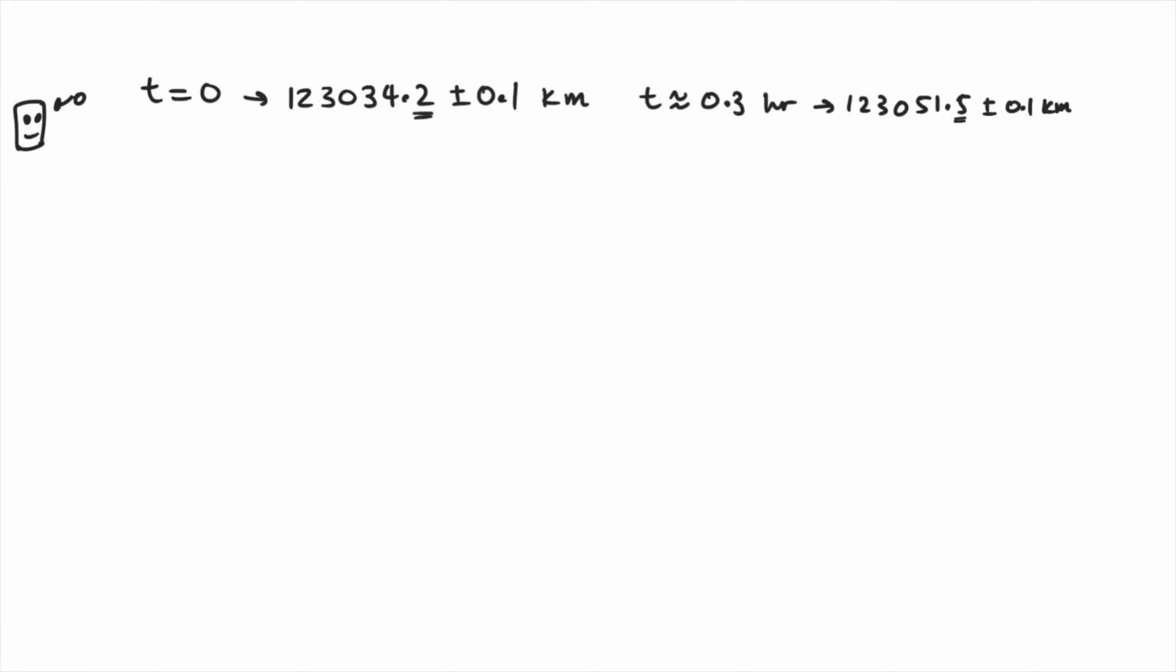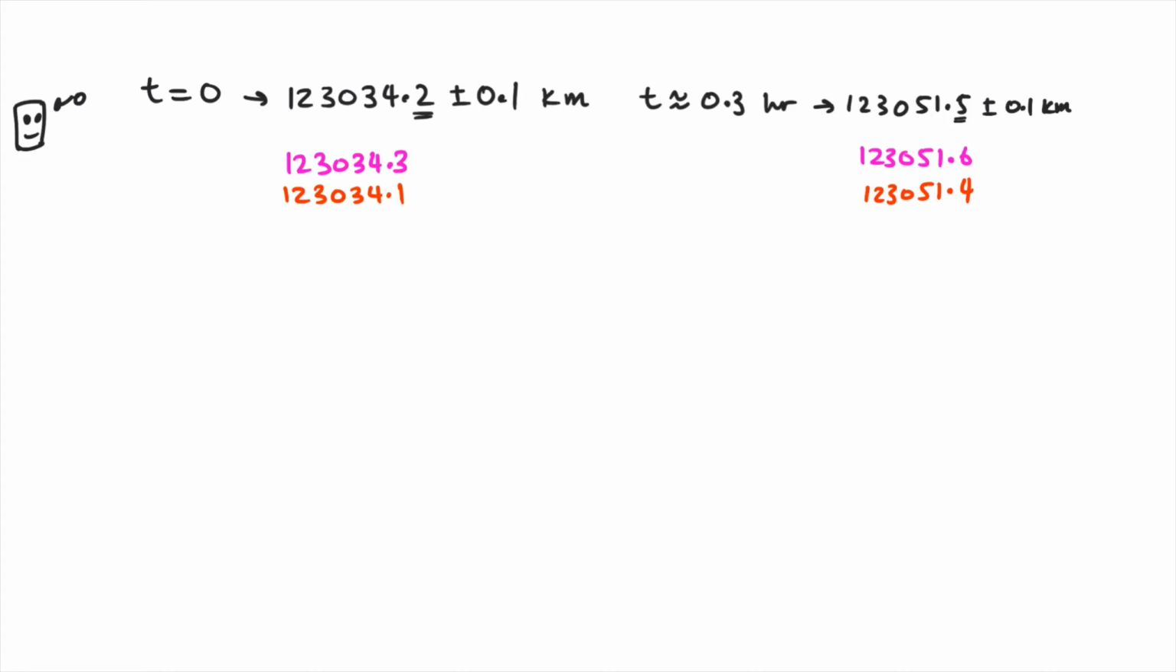Robo knew that the measurement at time 0 was 123,034.2 plus or minus 0.1 kilometer. This would mean that the value could have been at max 123,034.3 and minimum of 123,034.1. It also knew that at the destination, the measured value was 123,051.5 plus or minus 0.1 kilometers, giving it max and min values of 123,051.6 and